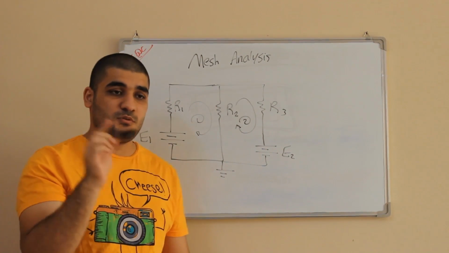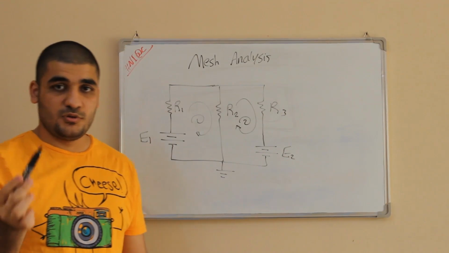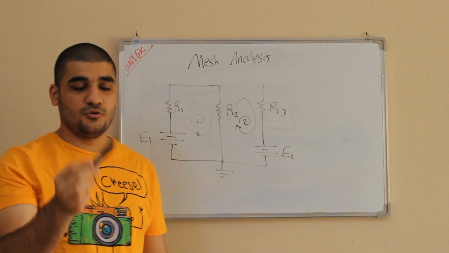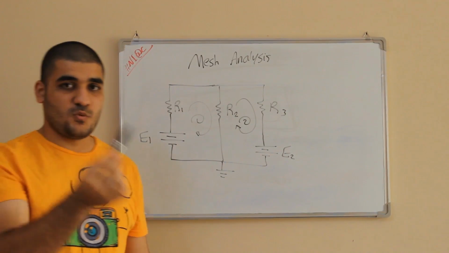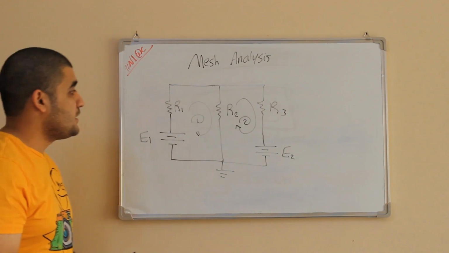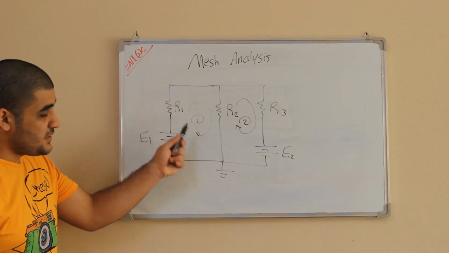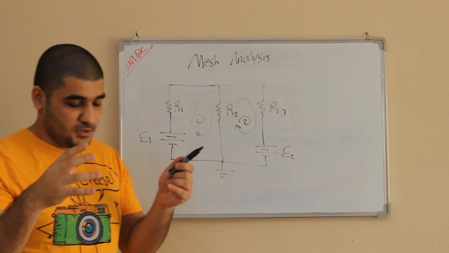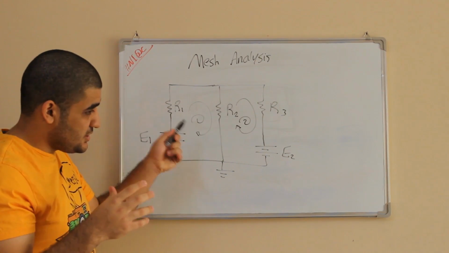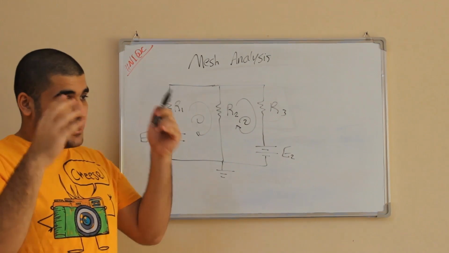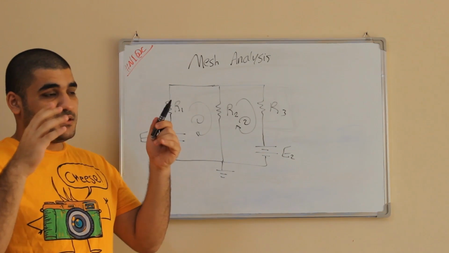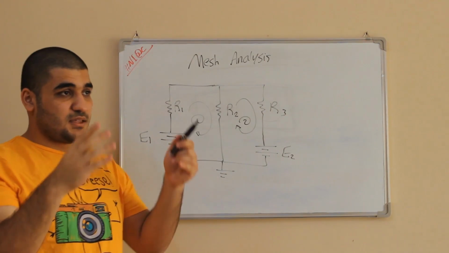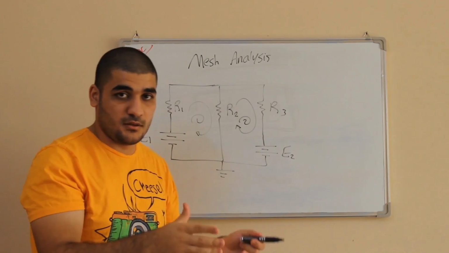Remember, a loop contains two or more loops, and a mesh is just one loop. Now, the direction of the arrow is the direction I assumed the current is flowing in this